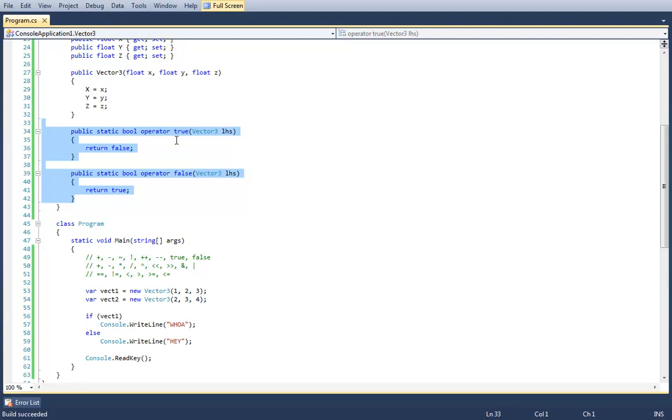This is what the syntax looks like. Look at the spec. There are nice tables as far as overloadable and non-overloadable operators and all the rules. And as far as operator overload resolution, check out the spec on that.